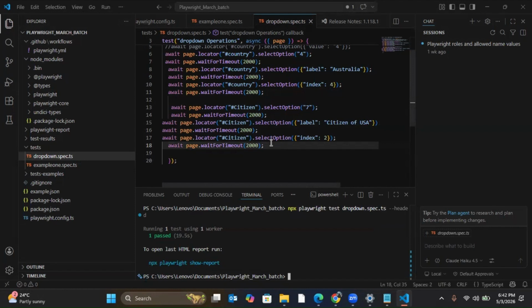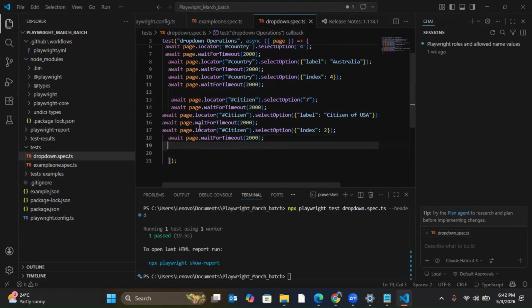But let's say if I want to select all the three values, then what I can do? Let's see that. So if I want to select all the three values, then what I can do is, this is a multiple drop down. I can select multiple values, right? So let's do that. So select option here. Inside the select option, I will be giving all those values I want. That means I can give here